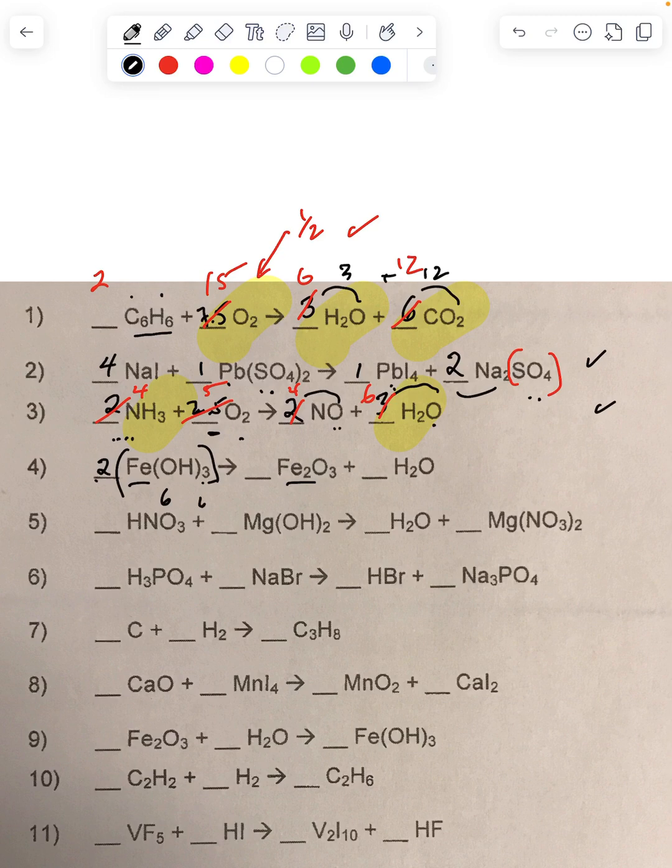Okay, so we've got 2 irons over here, and we've got only 1 there. Let's just take care of and solve that. So if we put a 2 here, the irons are good. At this point, we would have 2 of these, so that would be 3, 4, 6 oxygens, because of the 3 and the 2, and then there would also be 6 hydrogens. All right, so if we put a